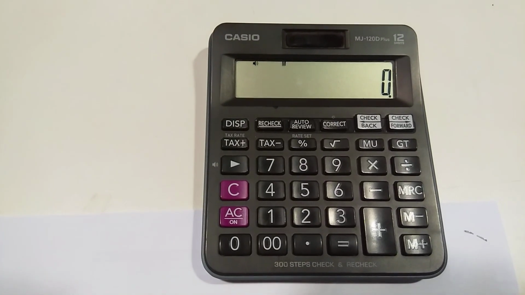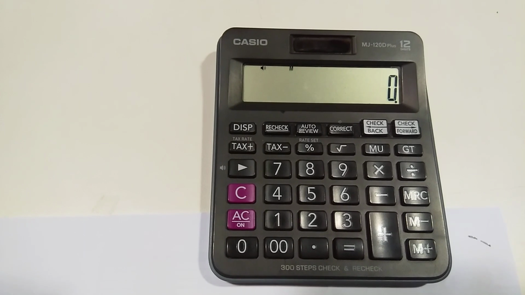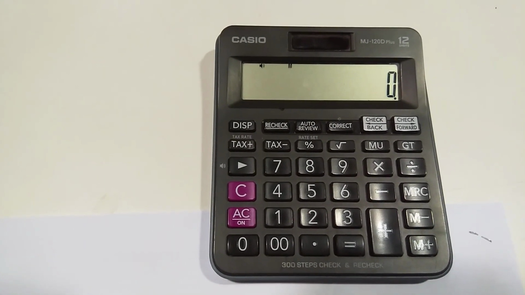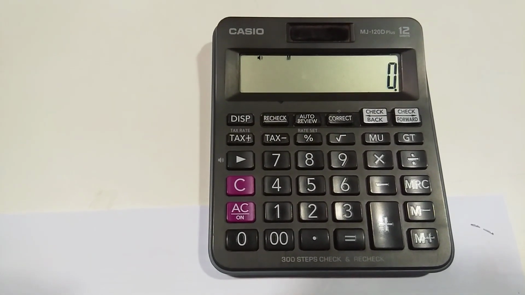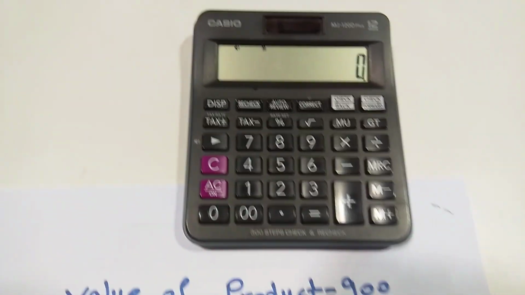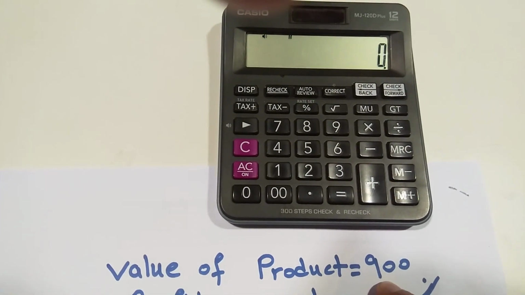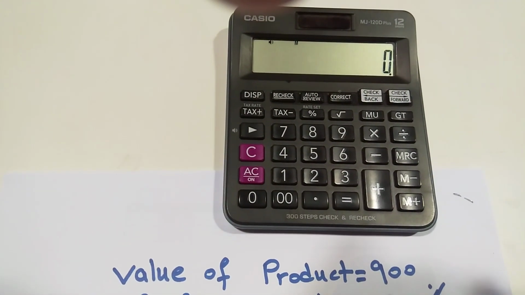Today I am going to tell you what is the use of the MU button in the calculator. So guys, MU stands for markup. Basically we use it for showing off the discount. For example, if you have a product, or you go to a shop and the